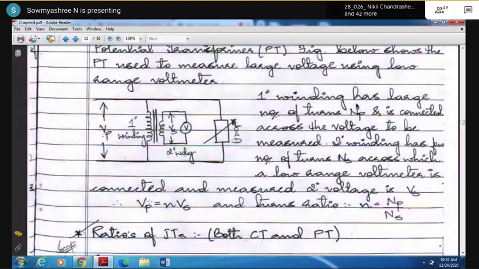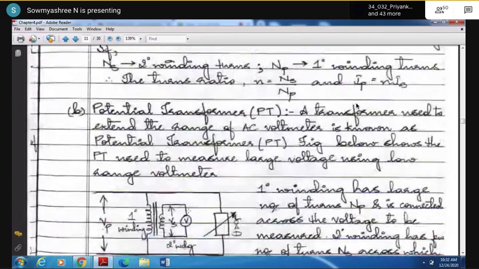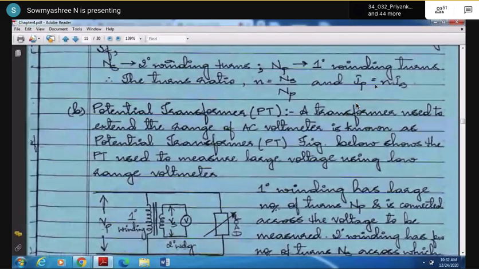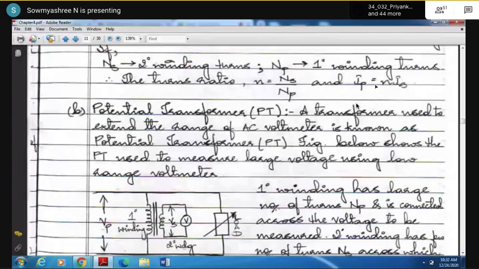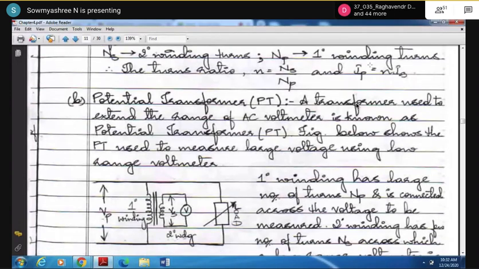As I told you, as we are dealing with PT now, we are not considering current. Here the voltage, N is equal to, what is it? It is the same, even by E2. Here also, N is equal to V1 by V2, primary by secondary. Observe both of these clearly.